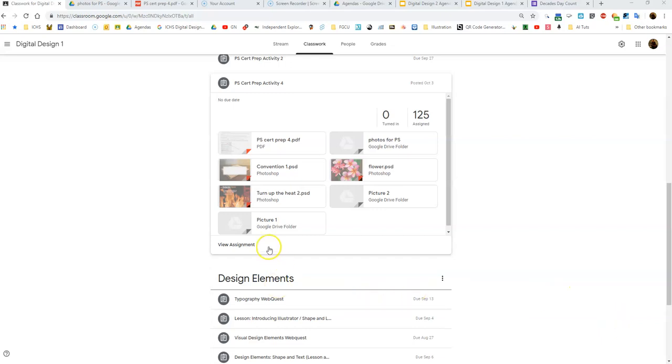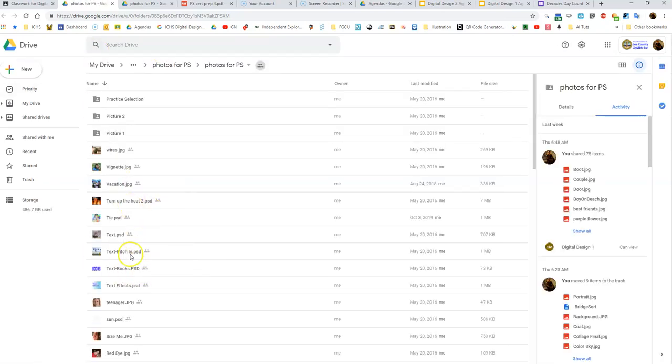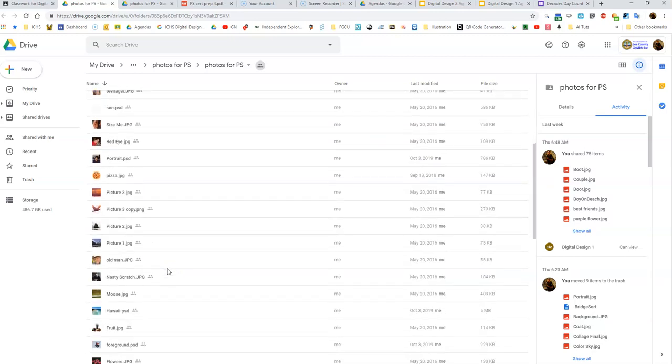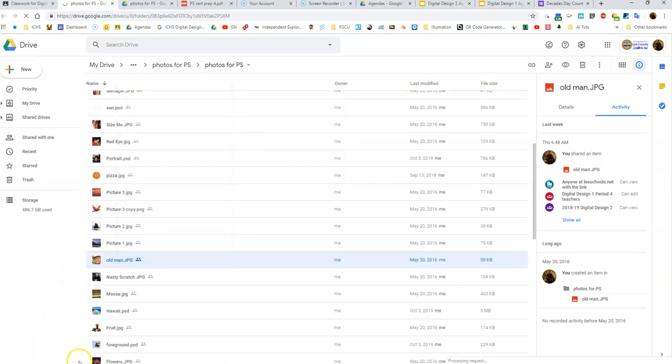The first thing that you need to do is actually find any picture. It could be a picture on your computer, but just a picture that we're going to do some color changes to. So I'm going to go into the Photos for PS folder, which is in the Google Classroom, and locate something. I'll just take the picture of the old man on there. So I'm going to right click, I'm going to go open, or I'm going to go download, and then once it downloads I will open it in Photoshop. So while we're waiting on that,